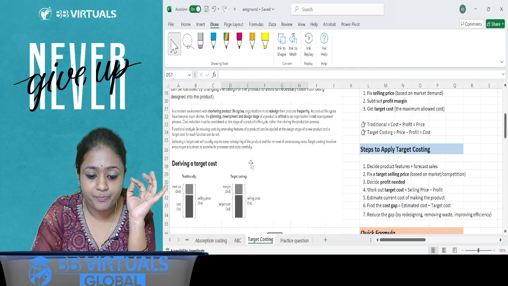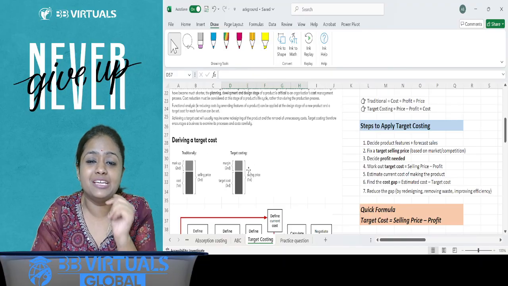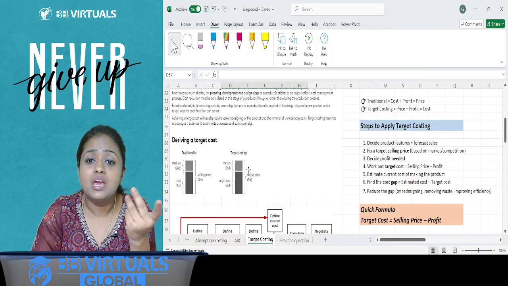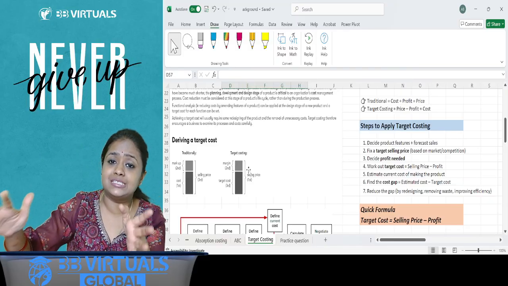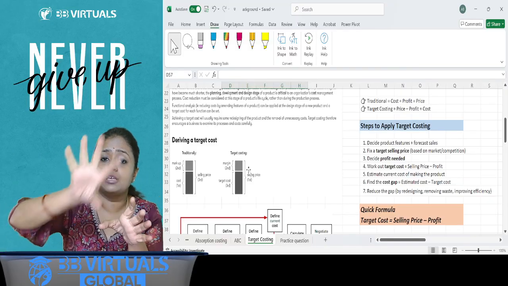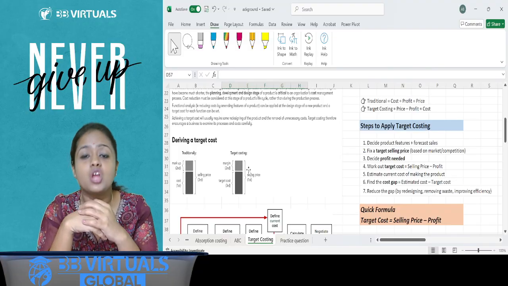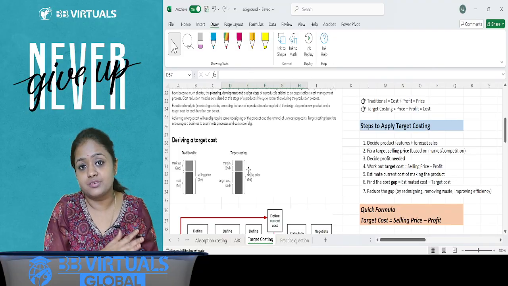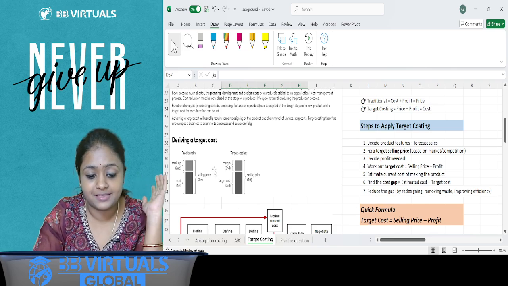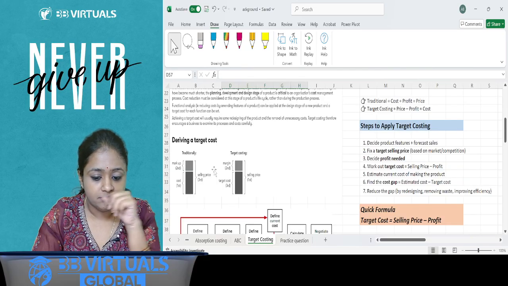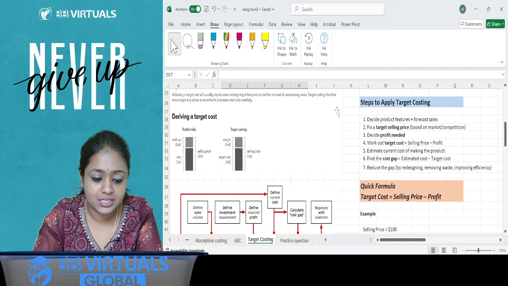Remember it, because sometimes a question will confuse you by suggesting that the best phase is the production phase. No, because in the production phase your design is finalized, your cost is set, everything is set, and the machinery is just making the product. How can you control cost at that time? Controlling will always take place before it. So remember, it's the design stage when the controlling takes place. Okay, this is just to make you clear.